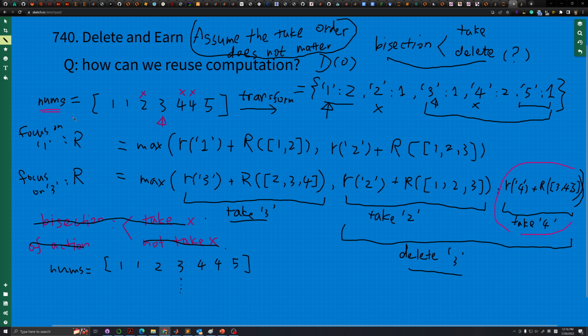But if you define the subproblem as only taking elements in nums that is between 1 and some x maximum, and you're only acting on the edge value, the largest value or the smallest value, then you only need to deal with two cases, just like this, right? Just like when we take actually the smallest value, yeah, if we actually exploit the ordering of things,